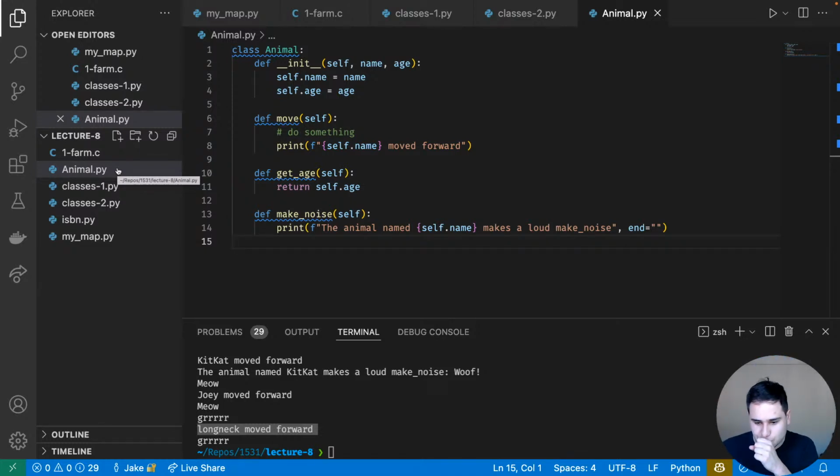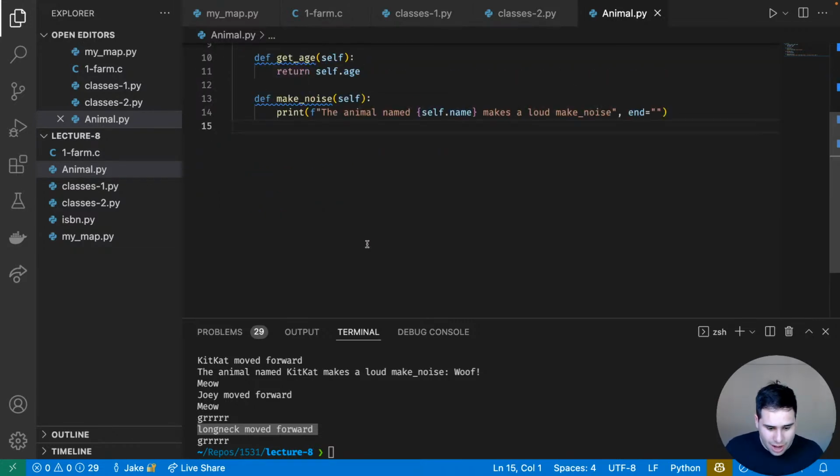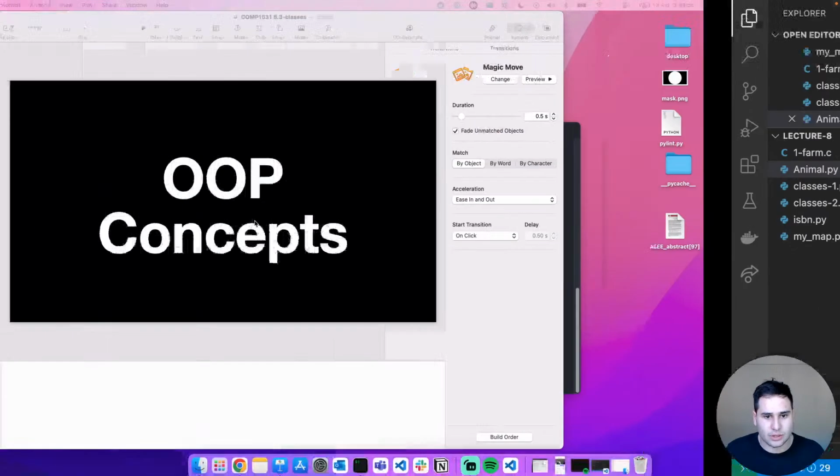So this is how it works behind the scenes, right? When you use Python and you're using objects in Python, there's basically always a class somewhere that defines what that object knows and what that object can do. So a really classic example is, well, not classic, but let's look at